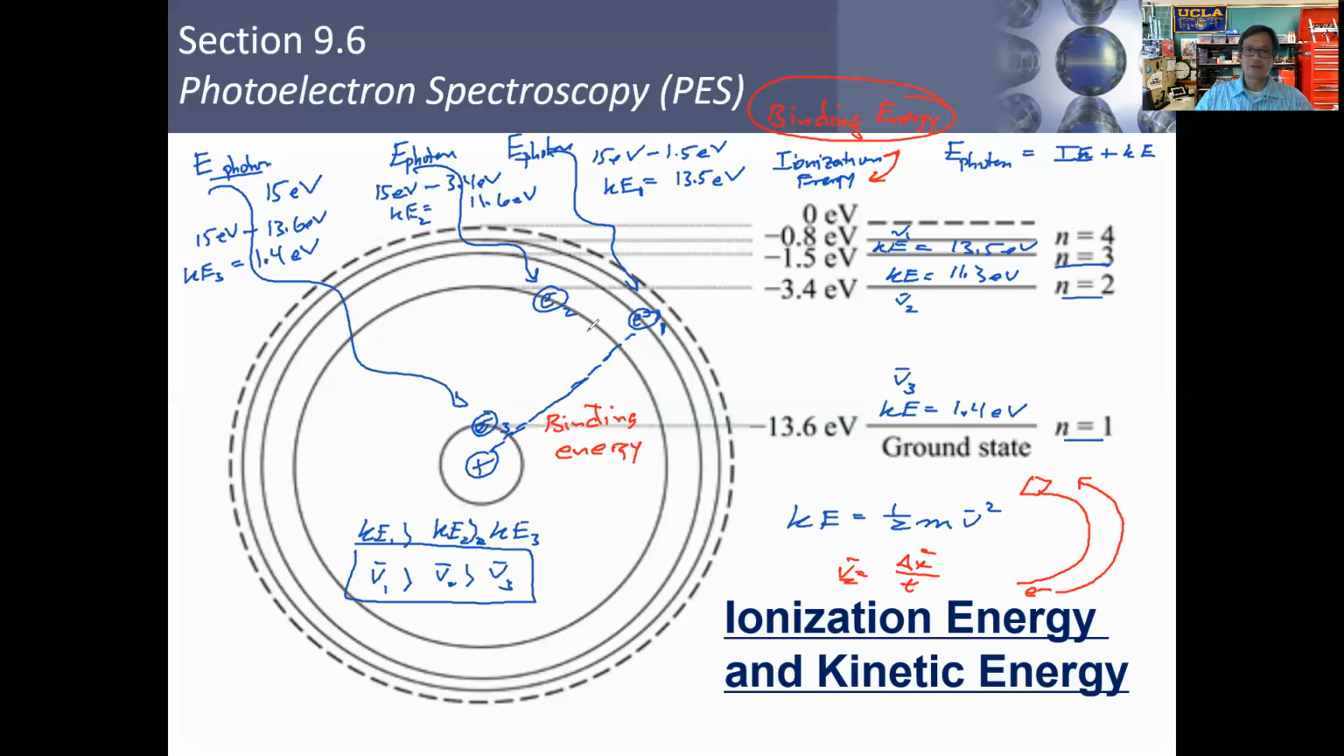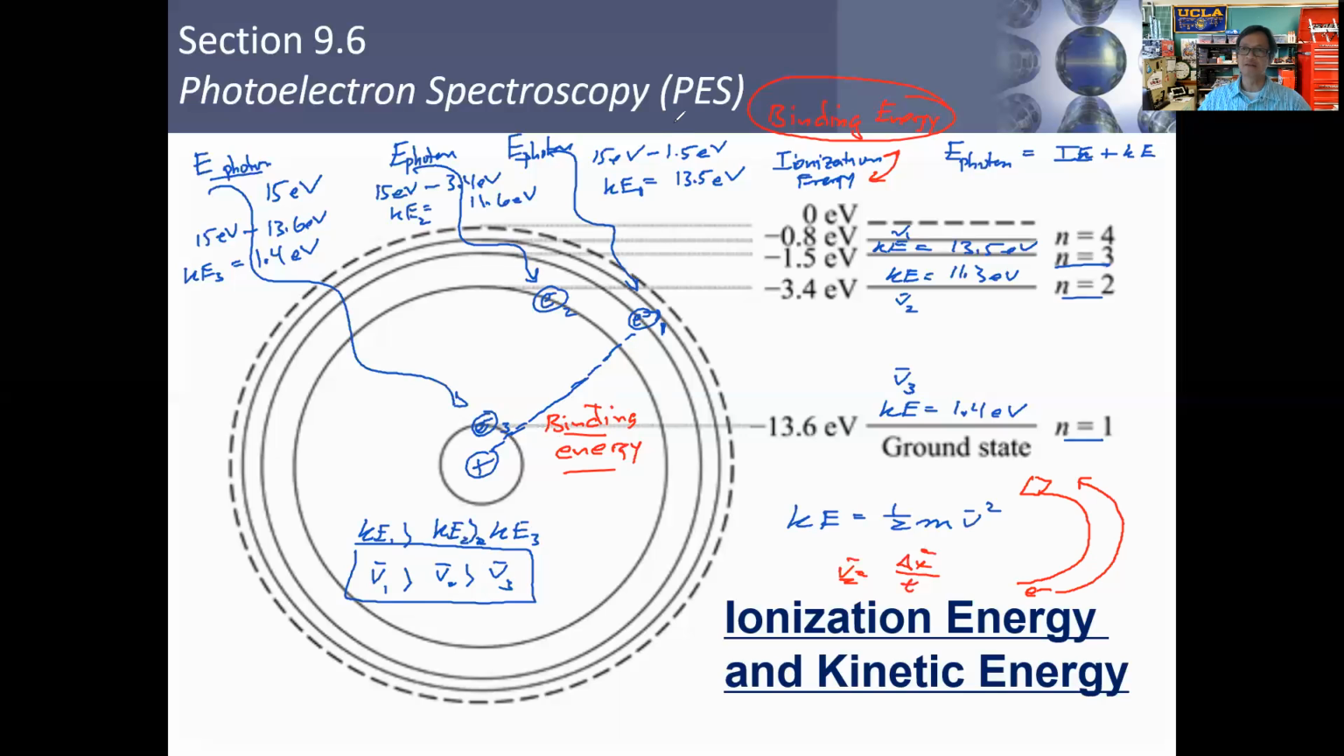With that said, what we do with photoelectron spectroscopy is we take this information and correlate it back to the ionization energy. If we know how fast the electron moves, we can correlate it to its kinetic energy, and from its kinetic energy, we can relate it back to the binding or ionization energy. So what we do with this is we plot that ionization energy